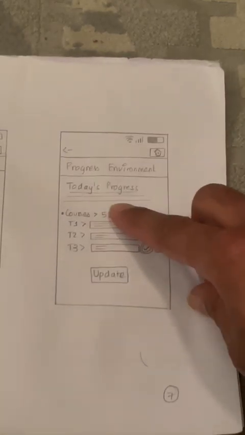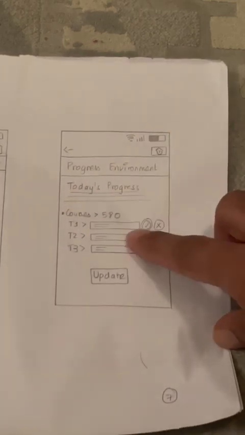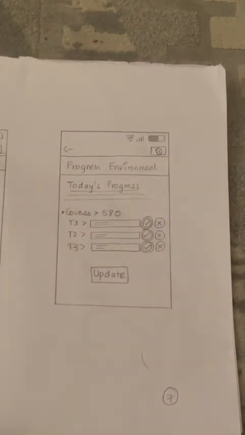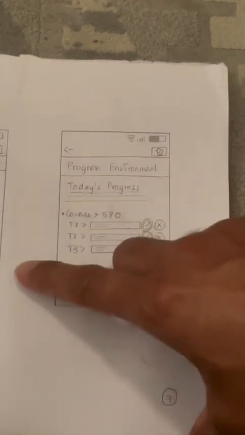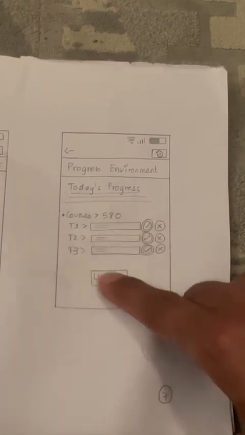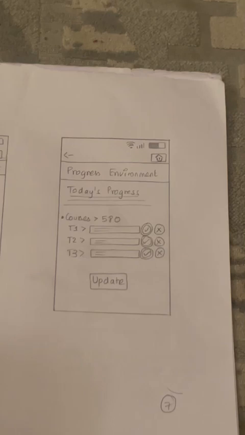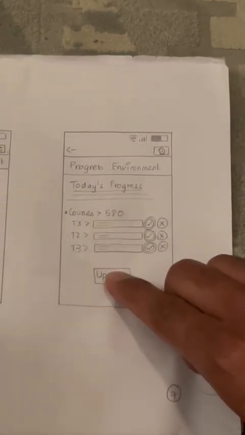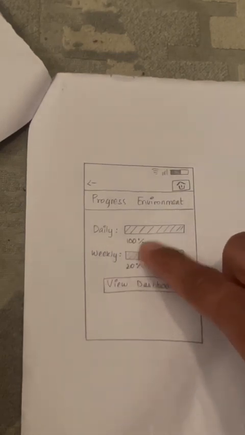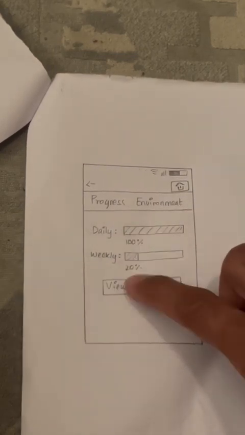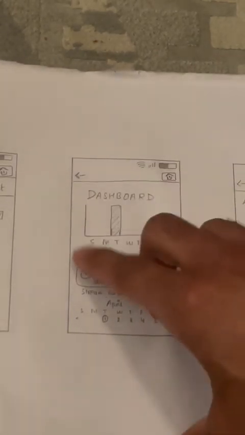In today's progress, let's say on the 4th of April, we have selected some sort of works. When the user completes the task, you have all this task 1, task 2, task 3. When the user selects done, you have some sort of information for the app. So when you update it here, it goes to the next page, where definitely you have daily, that is 100%, and weekly goals of like 20%. And when you select view dashboard, you go to the dashboard where we have the specific information of work